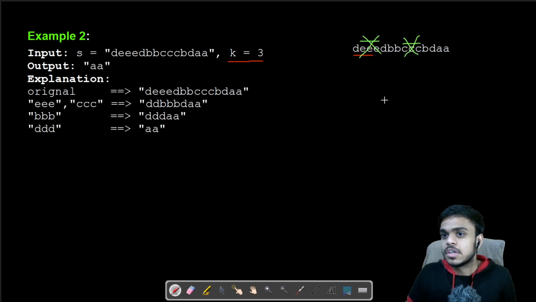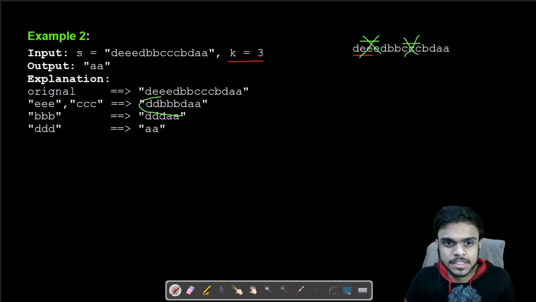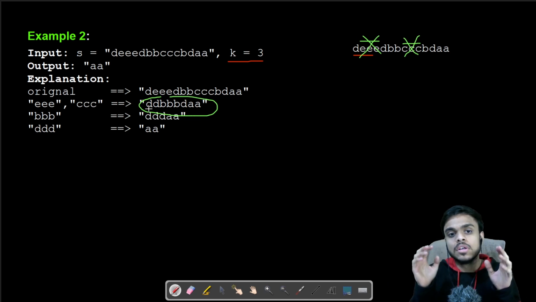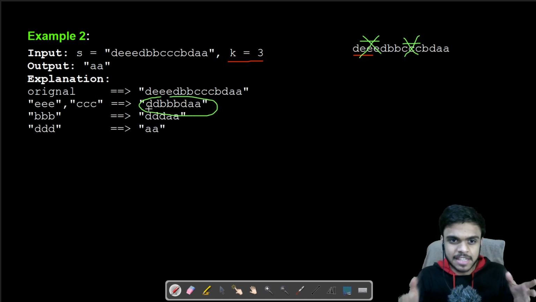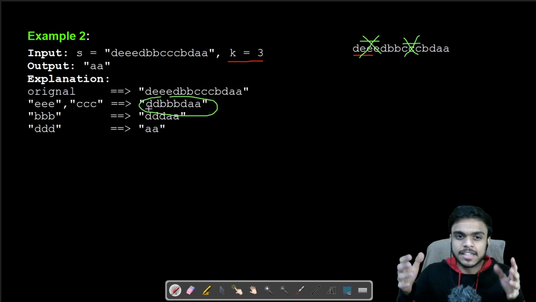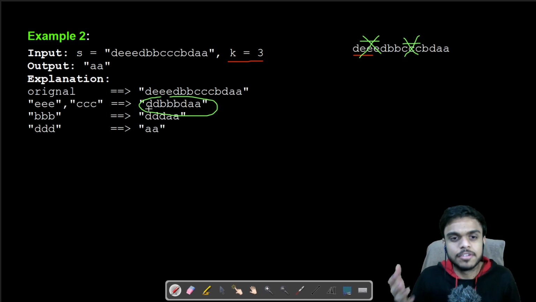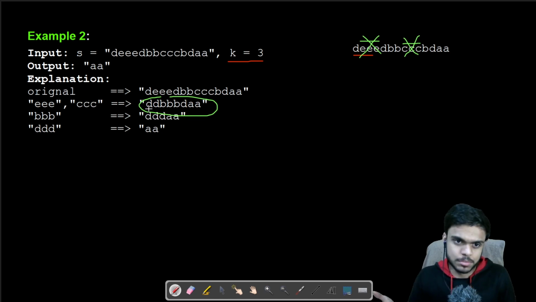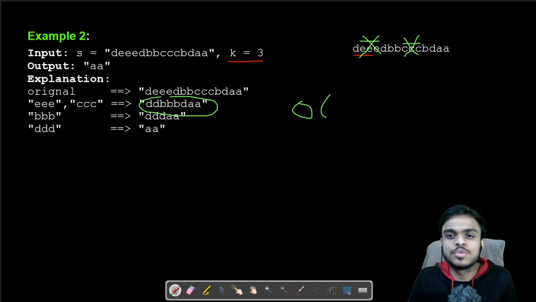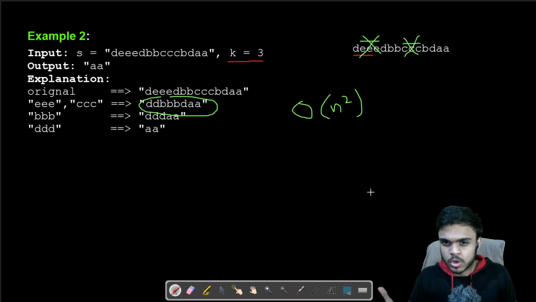Once removed, we again take a window on the newer string that we have, move the window of size k again in that string, remove matches, and keep doing this till we do not have any window which can be removed. But the problem with this approach is that we are doing a lot of unnecessary work that we have already done. This would have a time complexity of O(n squared), but we need something more efficient.